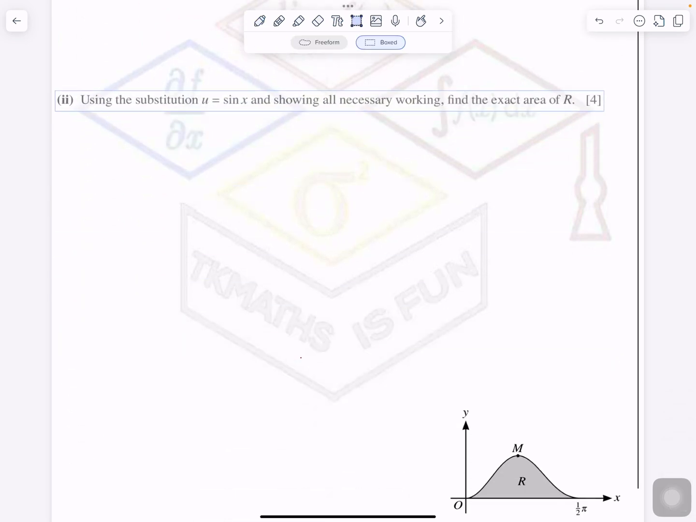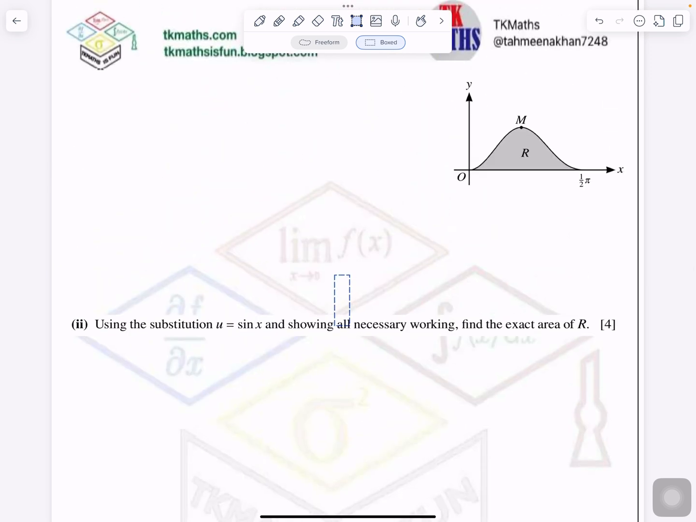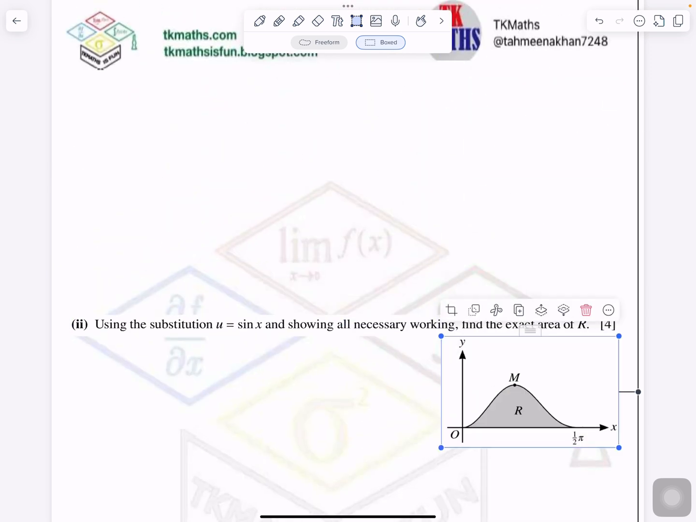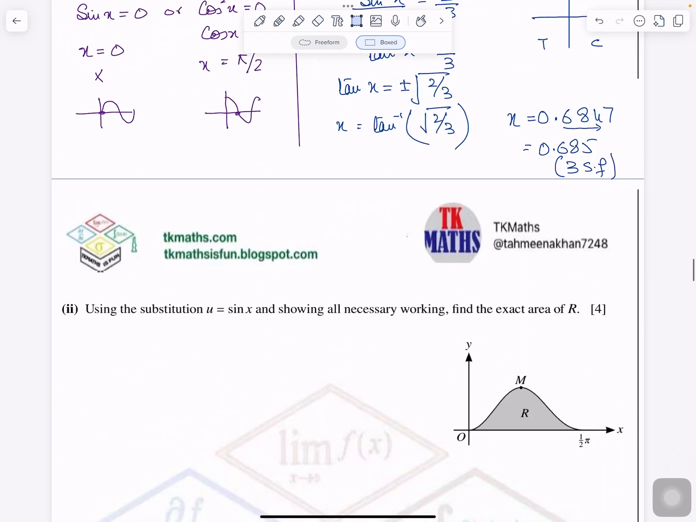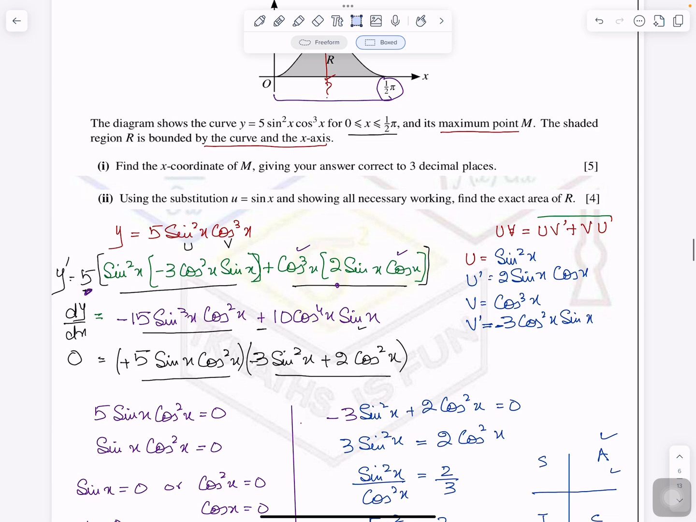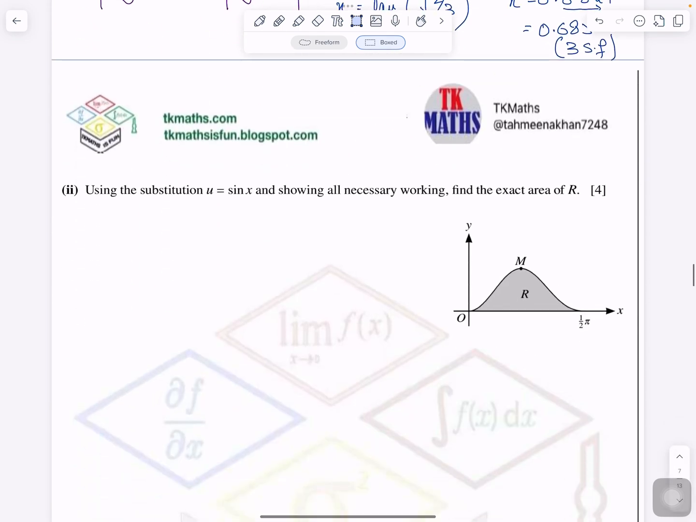So now let's solve this question. Second part of the question, let me take it up on the screen here. So the second part of the question is about substitution. Now your function is, let me write down this function here first of all. Okay, so the function is y is equals to 5 sin square x cos x, and it is said use u is equals to sin x. So if we have to find the exact area